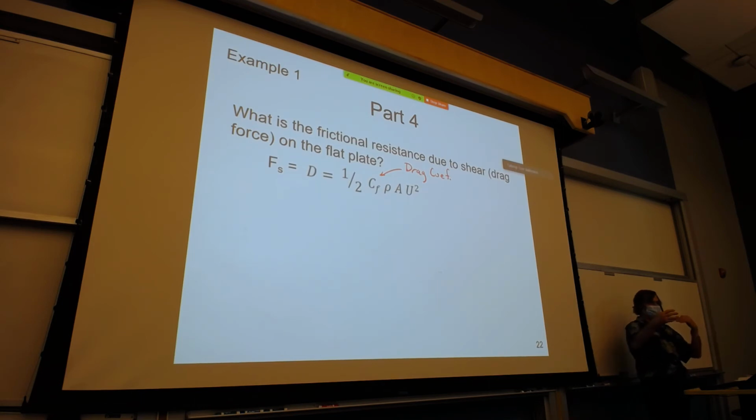This is where the two sides come in. When you're integrating the shear to get the drag force, you have to integrate it over the entire surface area. This is the only place where two sides comes in. Times the velocity